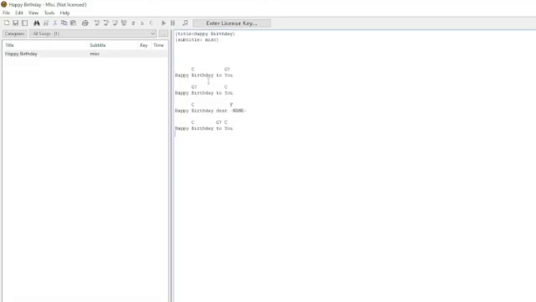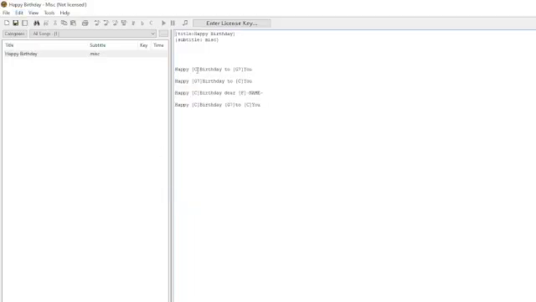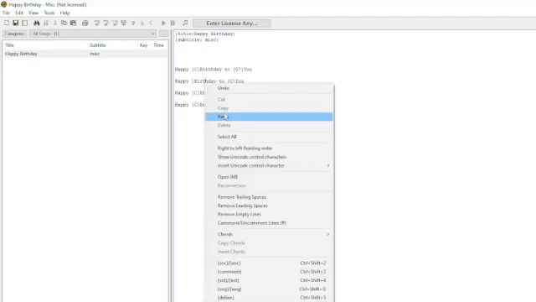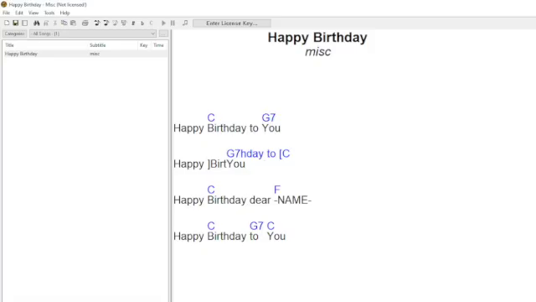If you've used Word or PDF, things like that, sometimes the chord doesn't land right where you want to have it. Well, here in Chord Pro format, if you take your textual file and then go edit and hit Chord Pro and convert to Chord Pro, it's going to place those chords inside of square brackets right in the words where you want to have them. And maybe if you want this G7, I'm going to cut that, I'm going to put it over here and paste it there. What that does is when we look at the view, it moved it over,